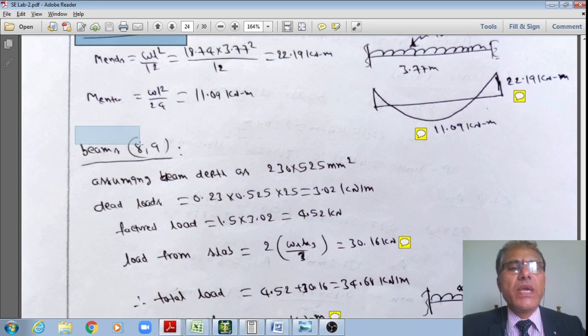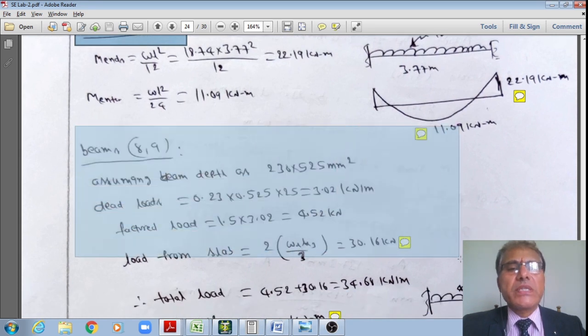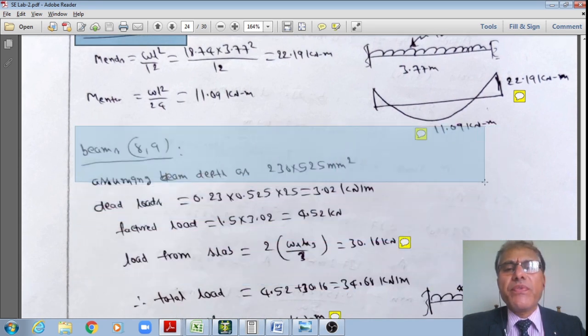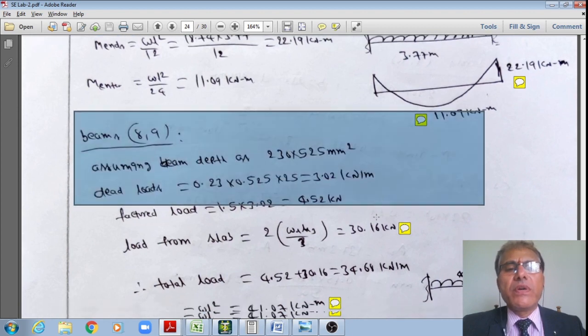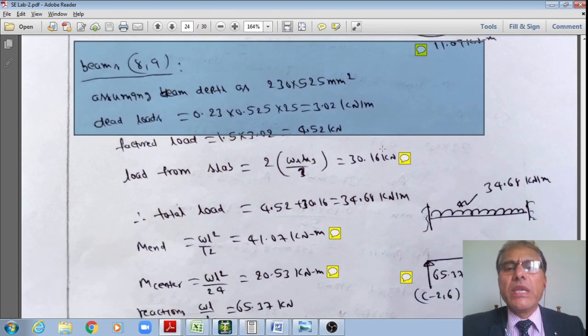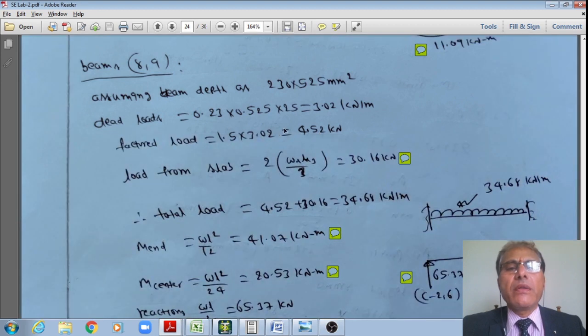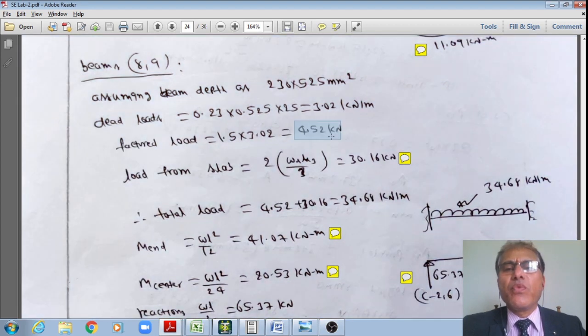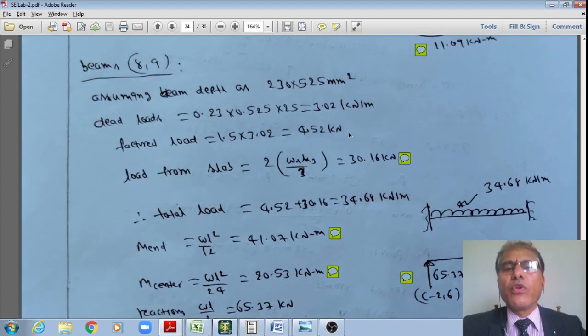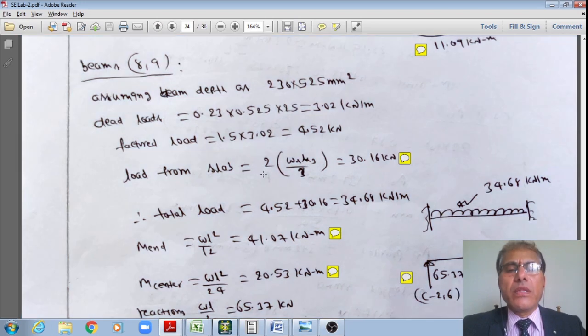Similarly, I'll go to the interior beam side. Now I'm assuming the size of the interior beams as 230 by 525 mm. Therefore, the dead load of this beam is 3.02 kilonewton per meter. That multiplied by 1.5 works out to 4.52. However, the loads are coming from two trapezoidals. Therefore, 2 multiplied by this W L x by 3,